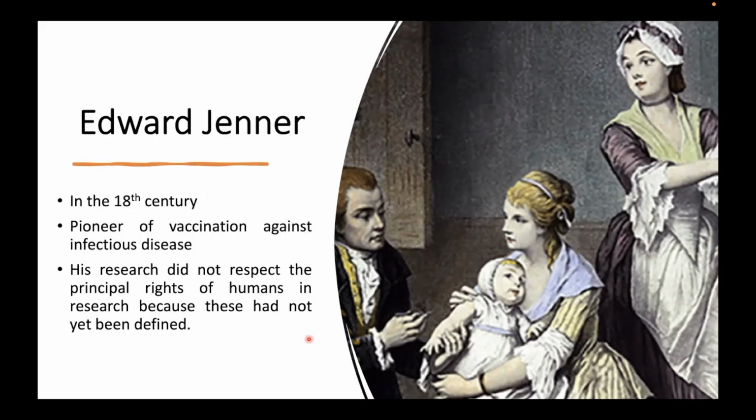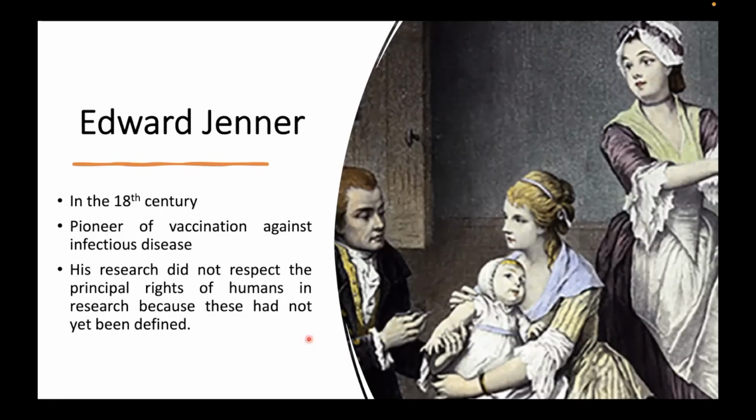Why? Because during this time, there were no existing guidelines or norms yet regarding the use of humans in research. Okay, but it is from here that history taught us and history educated us until we developed such respect for